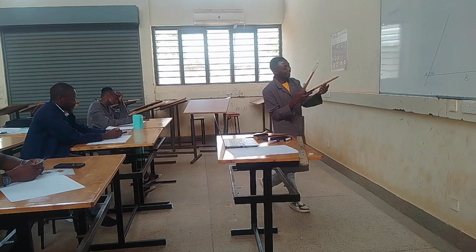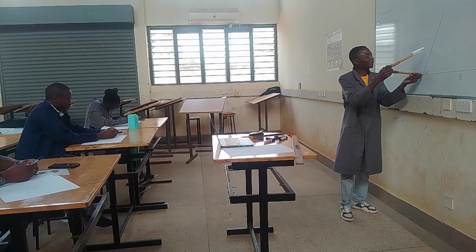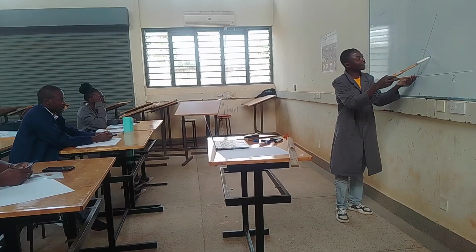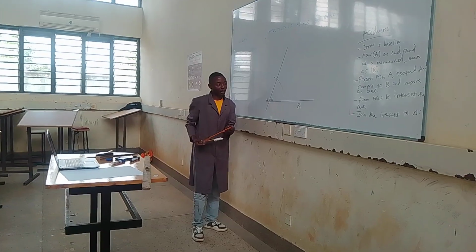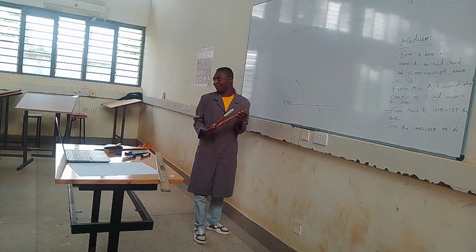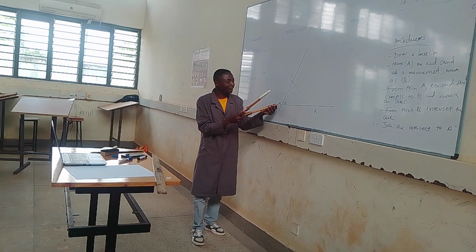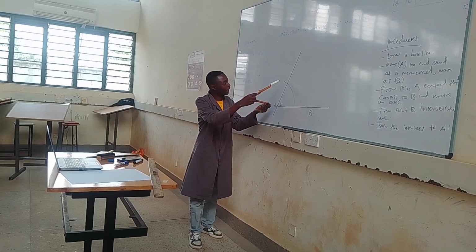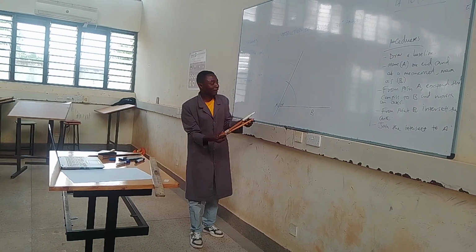Go back to point A, and then draw an arc intersecting both two adjacent lines of this angle. Have you seen what I have done? You stand at point A, and then you intersect both these two lines using an arc, and then without